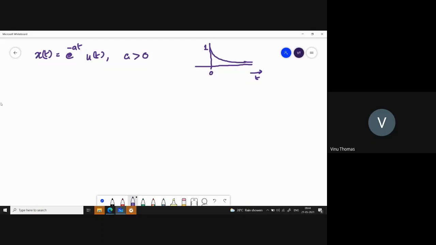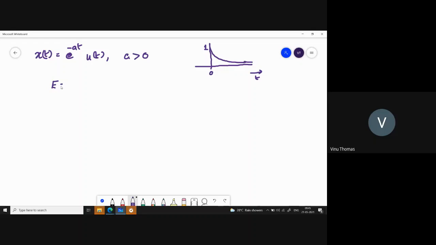So now let us try to find out the energy of the signal. Looking at this signal itself should give you some intuition regarding whether it's an energy signal or a power signal. Anyhow, definitely it's not going to be a power signal because you are going to divide some energy by the total time. So that should be 0. So total average power is equal to 0. So let us see whether the energy is finite, whether you can find out the expression for the energy.